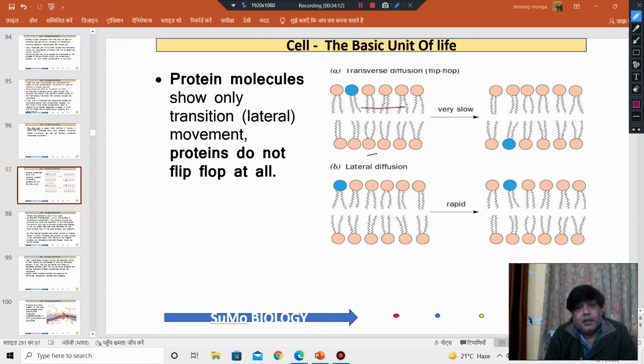ये हमारा लिपिड की बाई लेयर है, ये हाइड्रोफिलिक हेड, ये हाइड्रोफोबिक टेल। अगर ये लिपिड का मॉलिक्यूल अपनी पोजीशन बदल के इस पोजीशन से इस पोजीशन पे आ जाए, तो ये ट्रांसवर्स मूवमेंट है, ये फ्लिप फ्लॉप मूवमेंट कहलाता है। और अगर ये मॉलिक्यूल अपना पोजीशन बदल के इस पोजीशन पे आ जाए, तो ये लेटरल मूवमेंट है। लिपिड का मॉलिक्यूल लेटरल मूवमेंट भी दिखाता है, ट्रांसवर्स भी। ट्रांसवर्स मूवमेंट को हम लोग फ्लिप फ्लॉप मूवमेंट कहते हैं, और लेटरल मूवमेंट को हम लोग ट्रांजिशन मूवमेंट बोलते हैं। प्रोटीन केवल इसी तरह का लेटरल मूवमेंट दिखा सकता है, प्रोटीन ट्रांसवर्स मूवमेंट नहीं दिखाता।